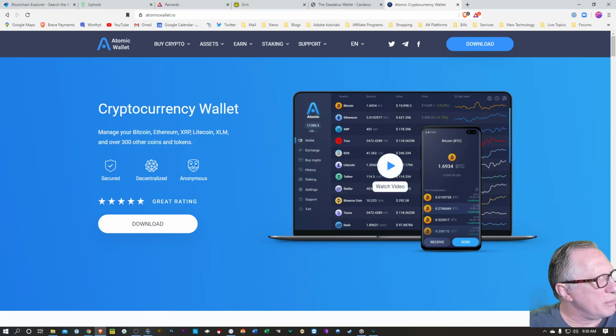I don't know about Grin being a scam. It's not one of the hot top tier cryptocurrencies out there, but for a while there, a lot of people were looking into Grin. It's kind of got its own following and everything.